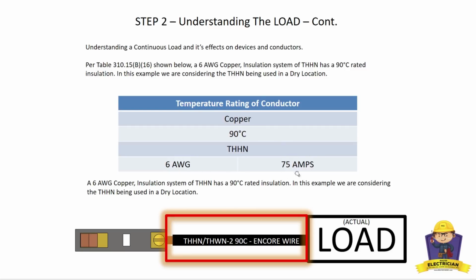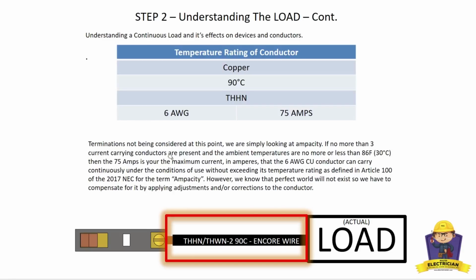So this kind of gives you an idea what the ampacity is. This is the actual maximum allowable ampacity for this 6-gauge under the condition of use, which is a perfect scenario. Now, we don't consider the terminations, because we already looked at terminations, and we're not going to roll those into the equation just yet. We're simply looking at the ampacity. If we have no more than 3 current carrying conductors, and this one would be 75 amps, and the ambient temperature is no more than 86 degrees Fahrenheit or 30 degrees Celsius, then of course, that 75 is the maximum current in amperes that